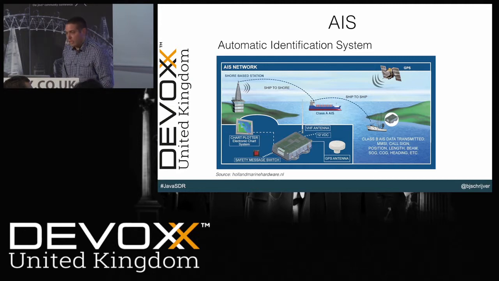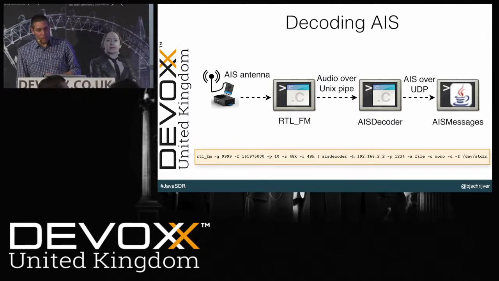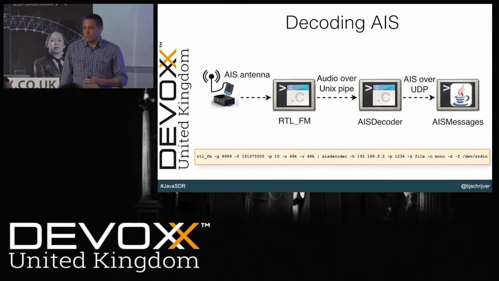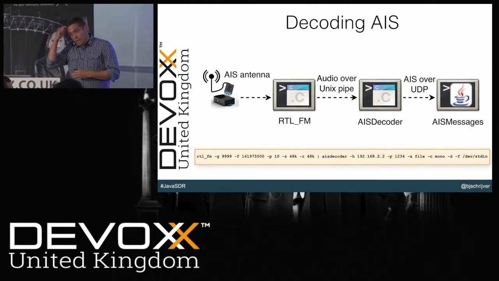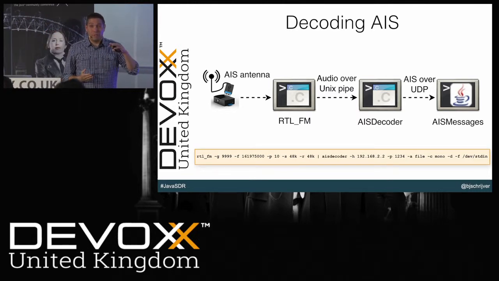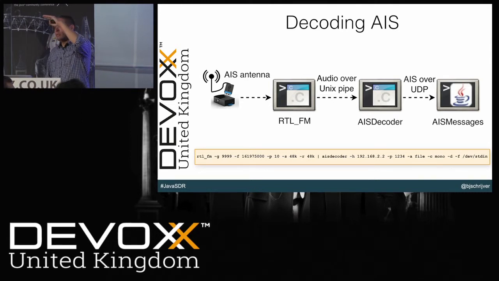So how can we decode AIS? AIS is on, I think, 170 megahertz. And the pipeline for decoding AIS is similar to ADS-B, just using a different tool set. So again, we have a specific antenna, which is just two pieces of coax cable connected together in the middle. There are two pieces of 31 centimeters, and when you get them together, it's 62. And 62 centimeters is exactly the length of one wave on 160 megahertz. So when you tailor the antenna, your reception gets a lot better.